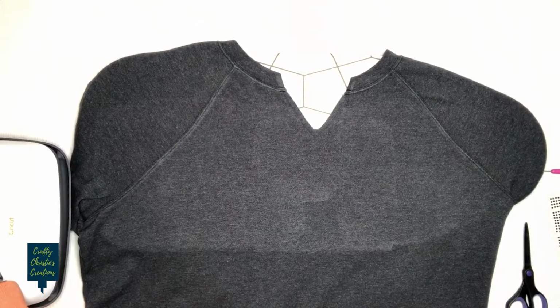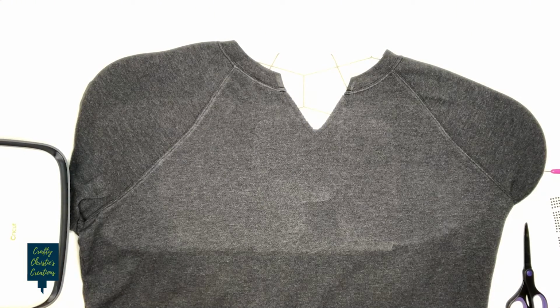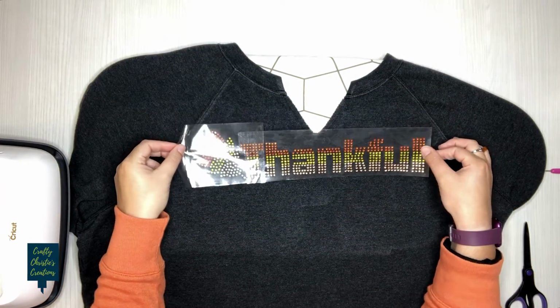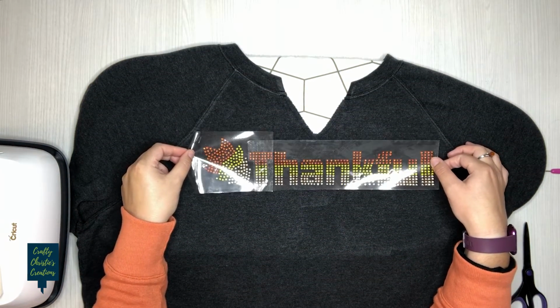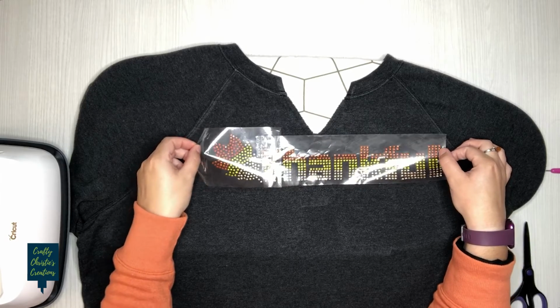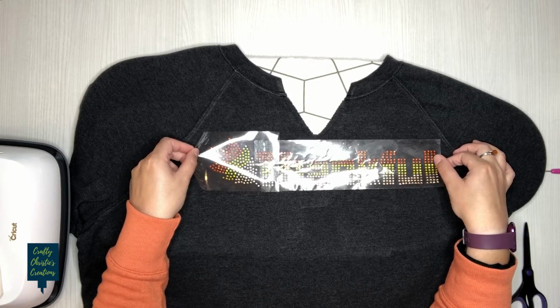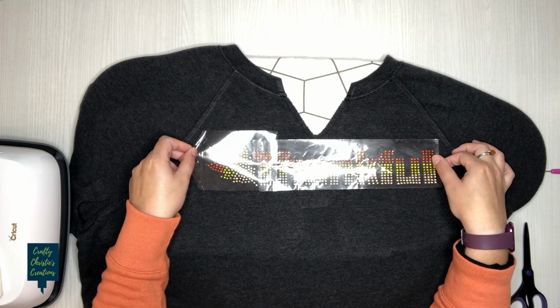Okay, I like the way that looks. I think we're set up well here. All right, so I'm gonna go ahead and grab my design. So I've got my word thankful, and then I also have my leaf, and I just went ahead and put them kind of where I wanted, predetermined. And then I'm just gonna take kind of the top edge here and lay it,